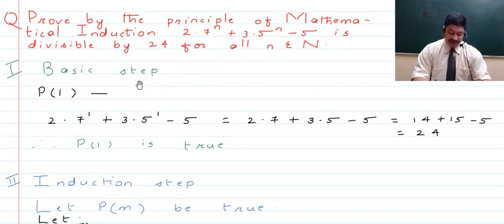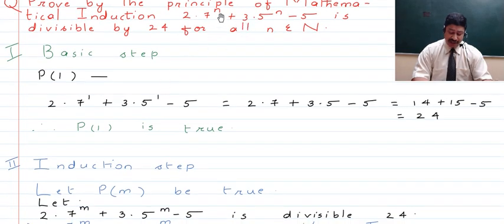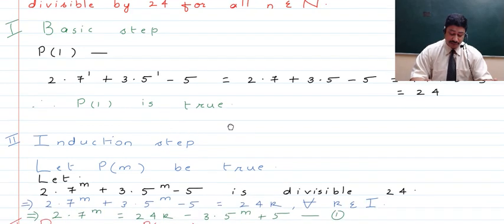Now here, guys, first we do the basic step. That is, the basic step is we put n to be 1 here. So here we talk about the statement P1. So when we keep in place of n 1, we have 2 times 7 raised to the power 1 plus 3 times 5 raised to the power 1 minus 5. Now 2 into 7 is 14, 3 into 5 is 15, 15 and 14 make it 29, from which if you subtract 5 you will get 24,